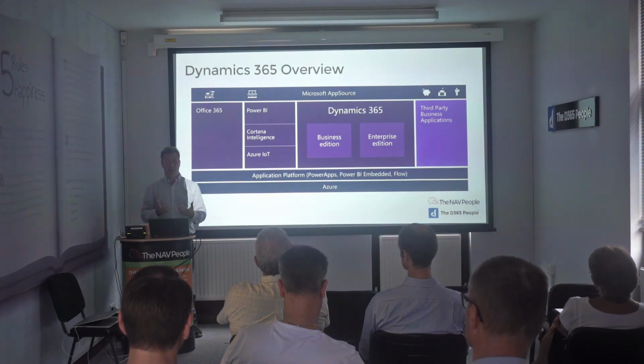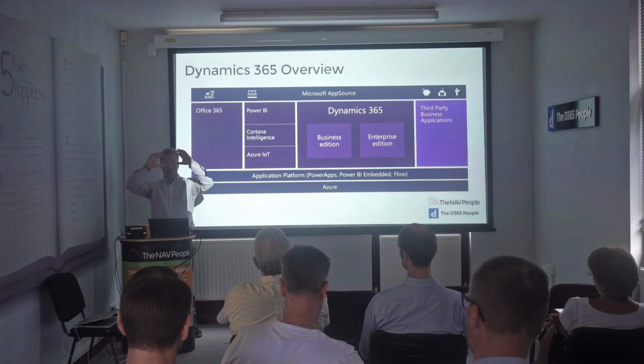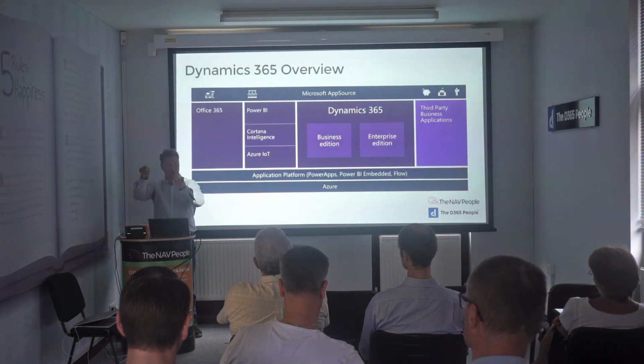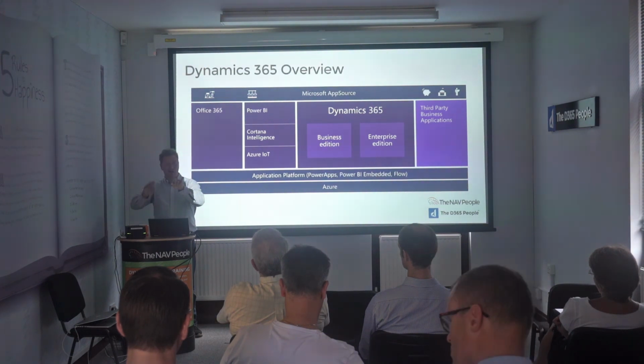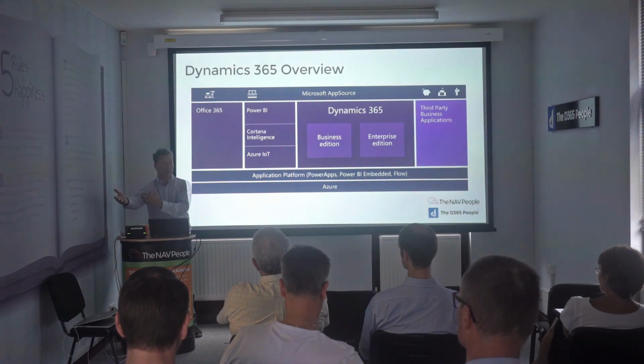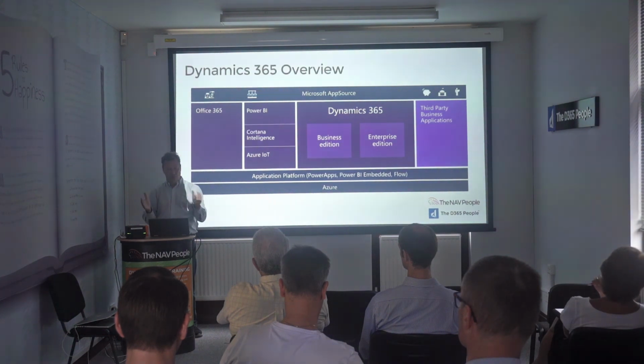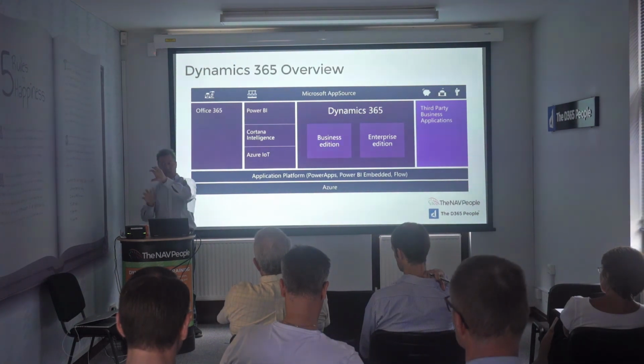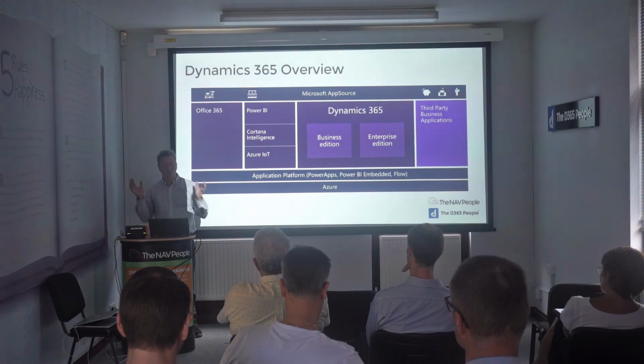For example, if you came to our user day last year, in 2017 now, you can go into your Outlook and an email arrives. When you click on the email, on the right-hand side it shows you all the details of the customer who just sent you the email: how much money they owe, their purchase orders, their sales orders, or whatever information you want to see relevant to that customer, and you're still in Outlook. It happens to be that the provider of that information is NAV, but it should be irrelevant to the user. They're just in Outlook. And if there's a little graph at the bottom, who cares whether that's Power BI? It should be irrelevant to the user.